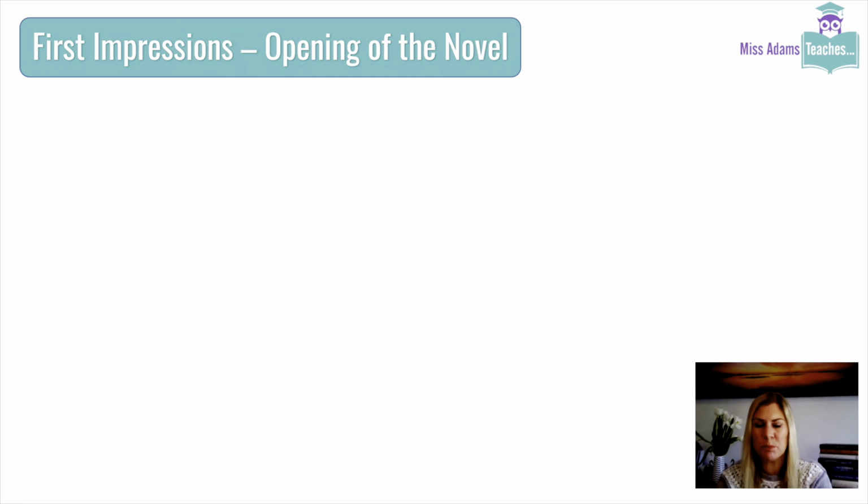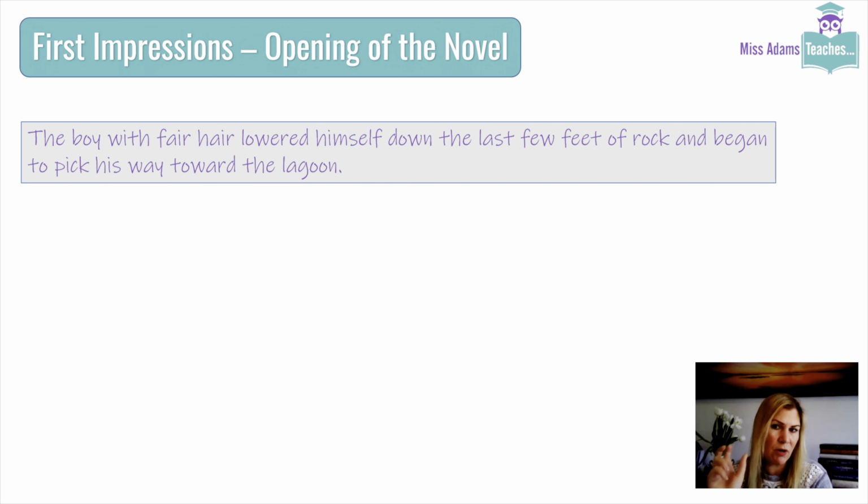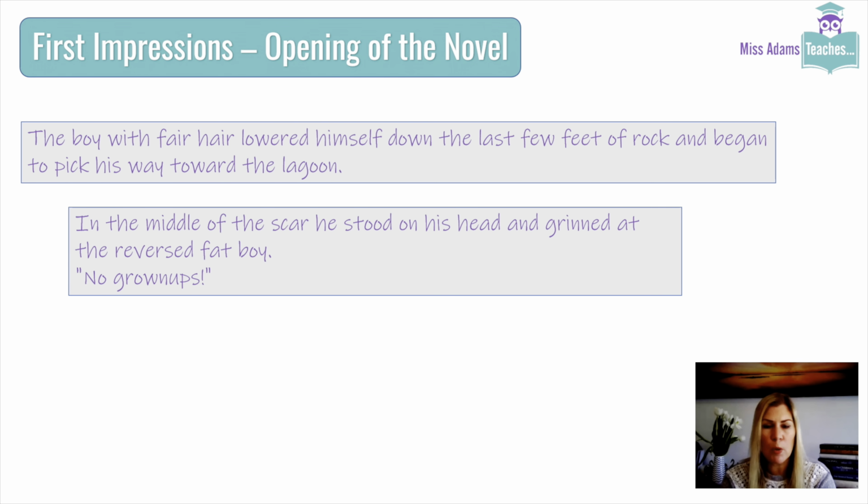So let's look at the first impressions. We meet him and Piggy right at the very beginning, and his status is made clear. Piggy is barely referred to as a child. He's "it," and then "the voice," and then eventually "the fat boy," whereas Ralph is described as "the boy with fair hair." This is the opening sentence of the novel. We get a sense of his innocence at the very beginning because Ralph does go through a massive change. He opens with innocence, standing on his head, and by the end of it, he's weeping for the loss of innocence.